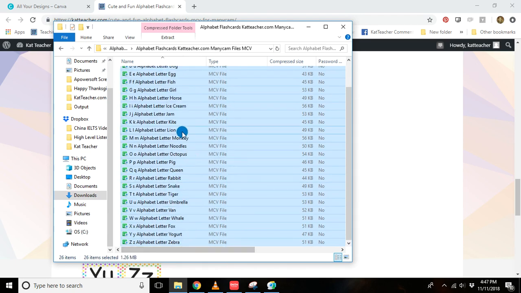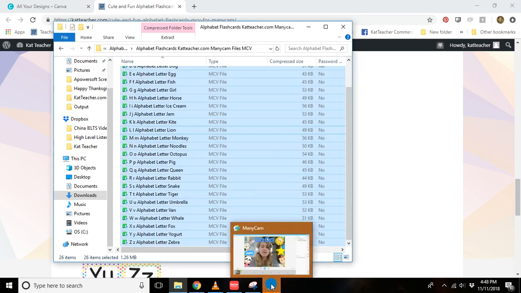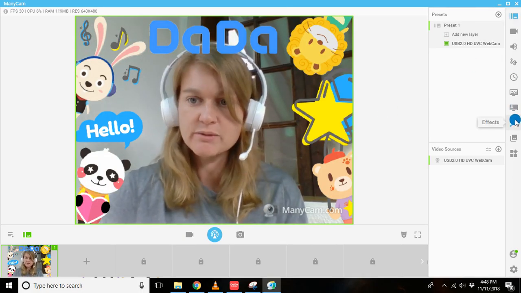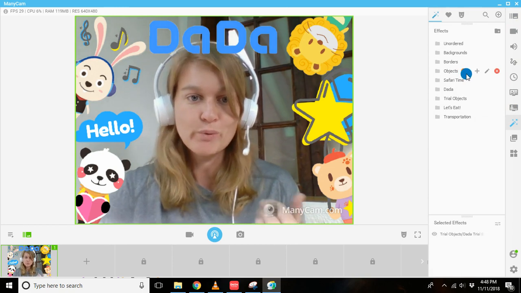Now you can try to select all of them. Oh, that totally works. You're going to right-click, hit open, and boom, boom, boom, boom, boom. If your computer is a bit slower, it might go a little bit slower than that. You can go piece by piece, but we'll have a look, because once we go into our effects, 26 objects,